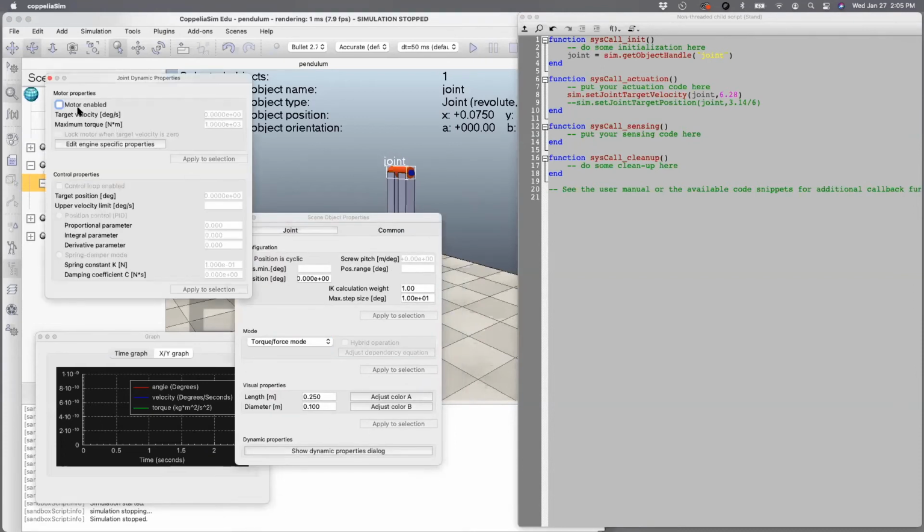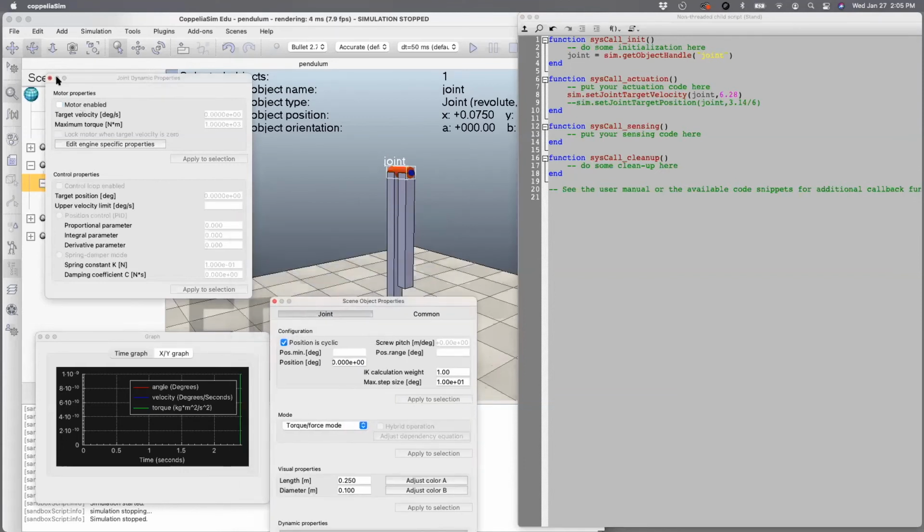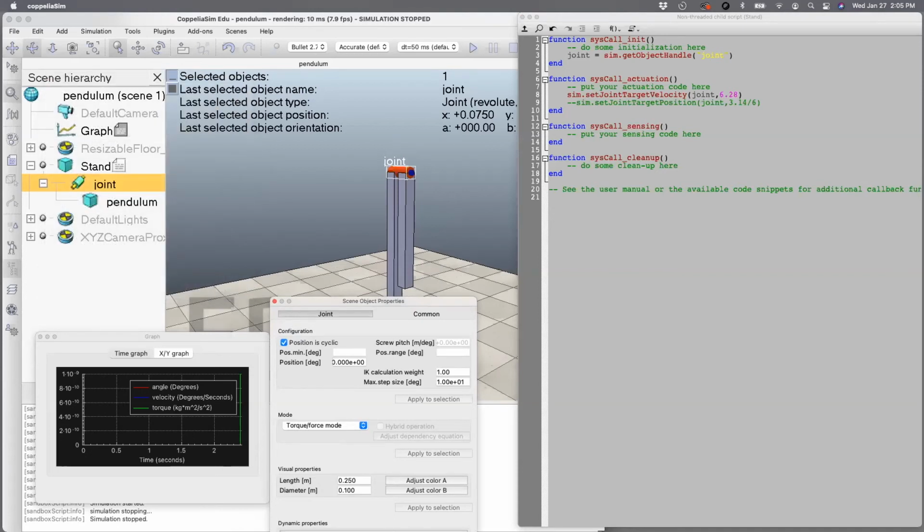Look here. You have not enabled the motor. So you need to first enable the motor and then do target velocity. So let's see how to enable the motor. Okay, first, that actually is part of